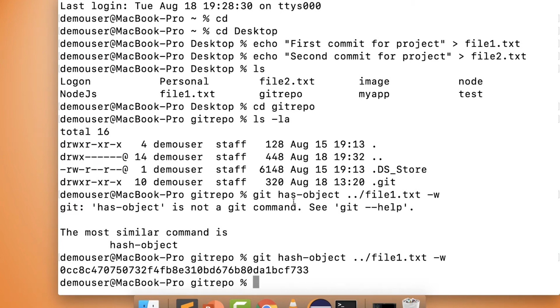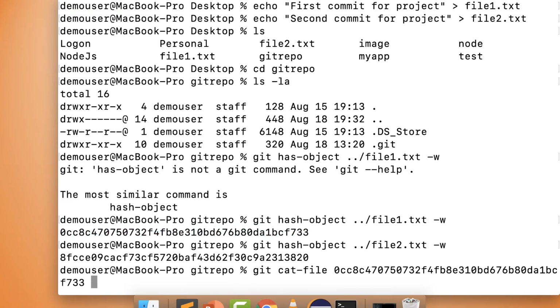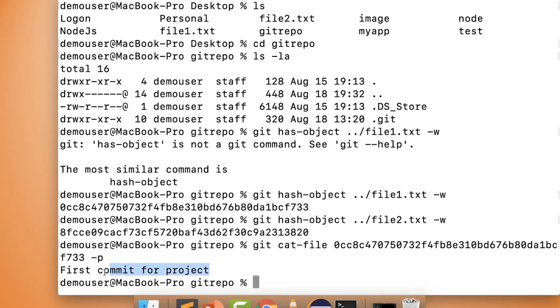You can see now we have an object created, and this is the hash for the particular object. I'll do the same thing for file2 as well, and yes, the hash has been created. It means we now have two blob objects created. Just to quickly verify, we can use the git cat-file command to check the content of the file. This is the first object, so I'm checking the content with -p. You can see the content is totally fine.